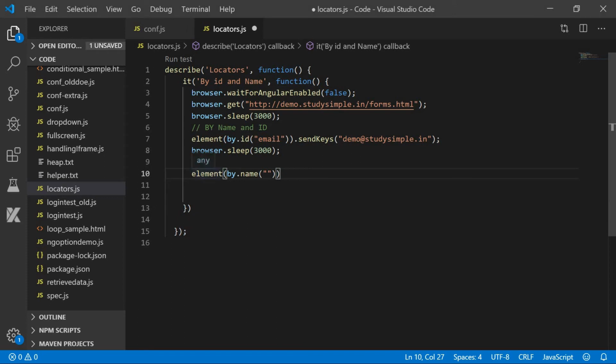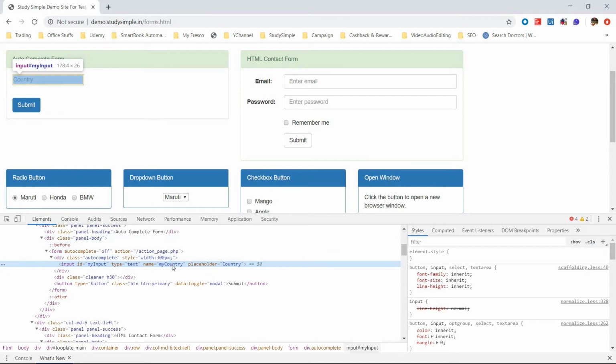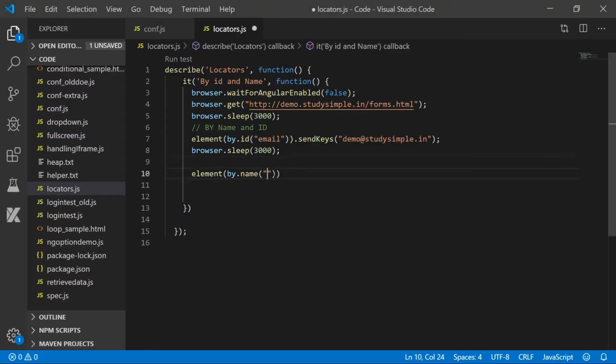The thing is very simple: element by.name, and you pass this value myCountry here. As it is a sendKeys operation, you are writing something, and inside that you have to write India. So it will just write India after executing this line.